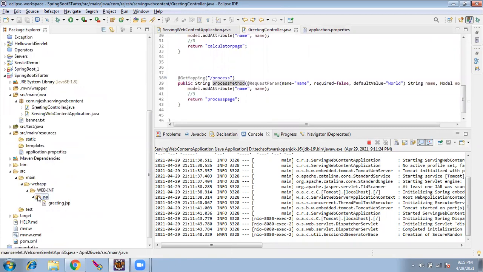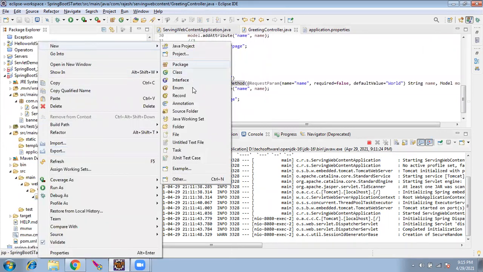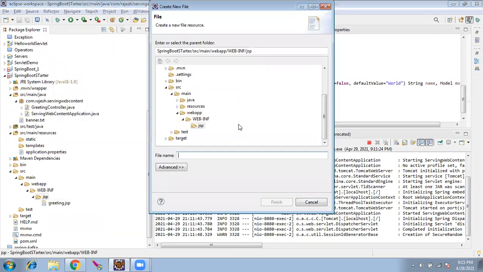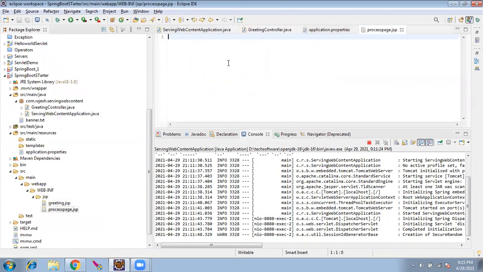I'll go ahead and create inside the JSP. New file, process page.jsp. I'll copy.